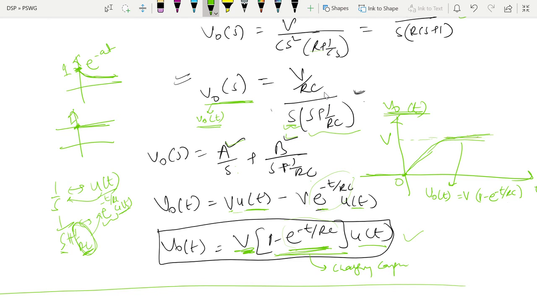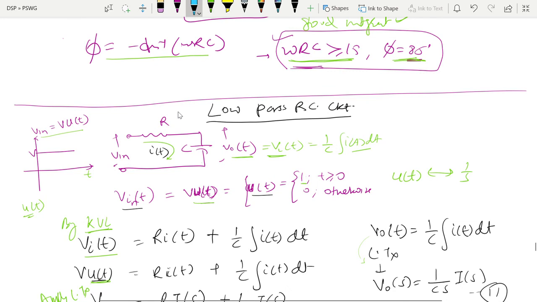So what will happen here? You are giving the input as a unit step, and you will get the output as a ramp-like rise. It will show the property of an integrator. Whatever you give in the input, the output will be the integration of that input. So you are sending the unit step in the input, and the output will be this ramp function.